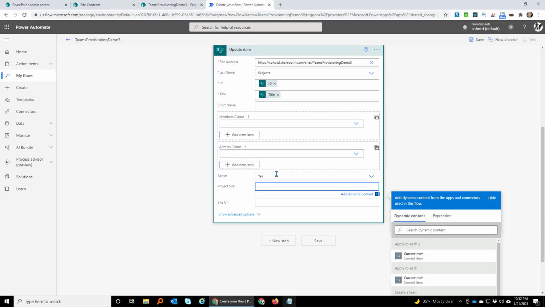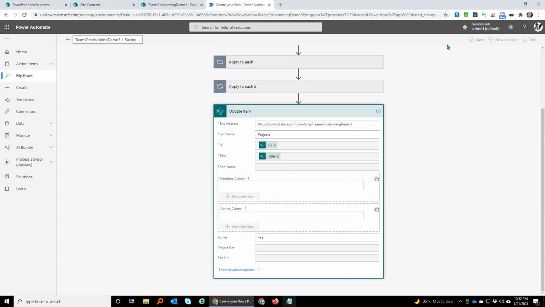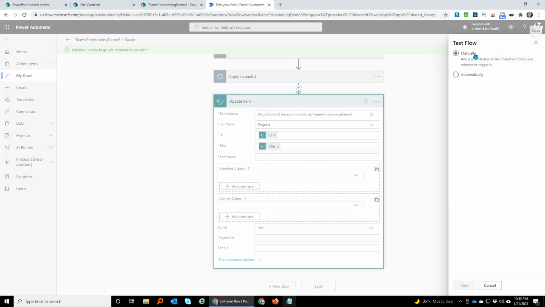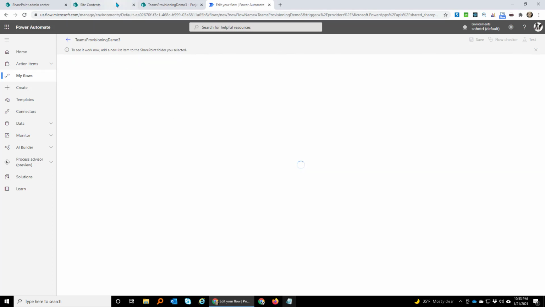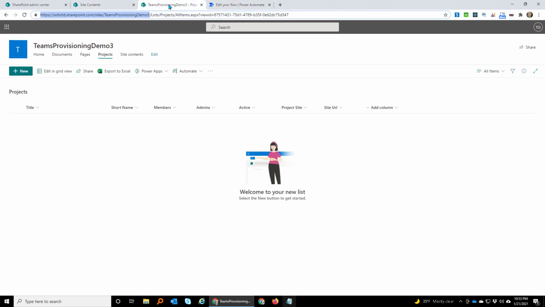So as of right now, we have our team created and our site set to active, and we're going to save this. And we're going to run one test. So we'll click test, and we'll say manual. It means we're going to manually trigger this flow. It's going to load the waiting screen, which is this. It's waiting for me. So I will go here,